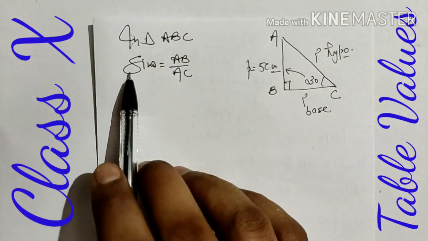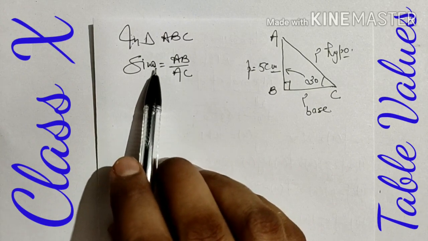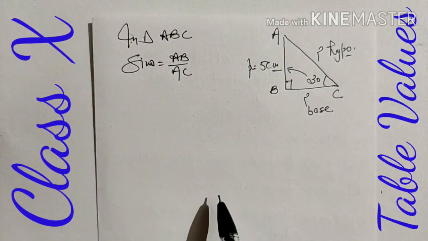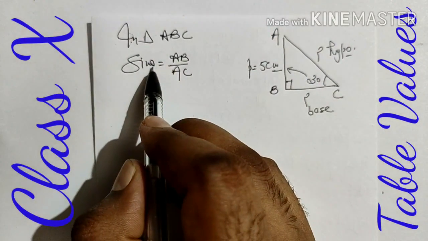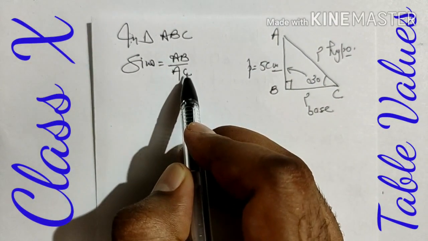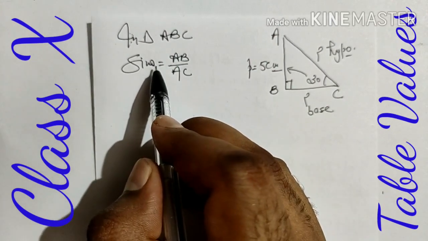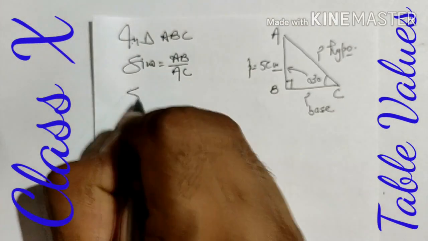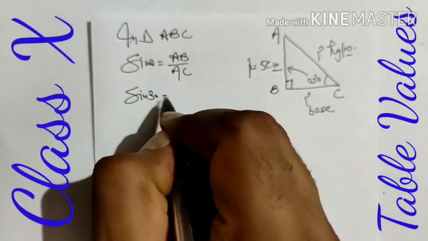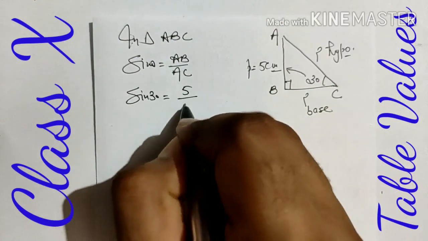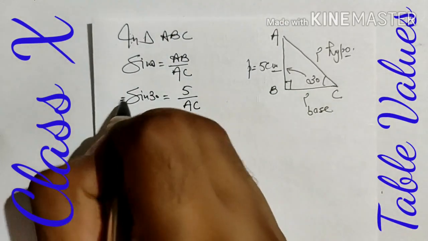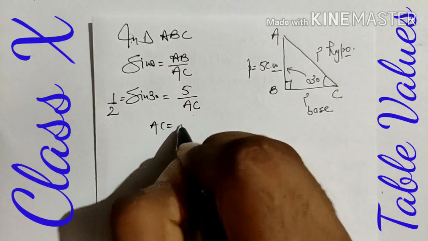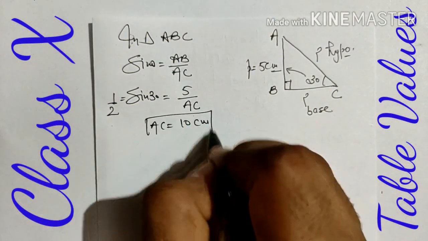First ratio we take is sine theta, which is given by P by H. P is here AB and H is given by AC. Remember the things here. One angle and two sides, three components are there. Two components should be known. Here theta is given as 30 degree. AB is known, 5. AC is unknown. Sine 30 from the table we can see is 1 by 2. By cross multiply we find here AC length is 10 centimeter.